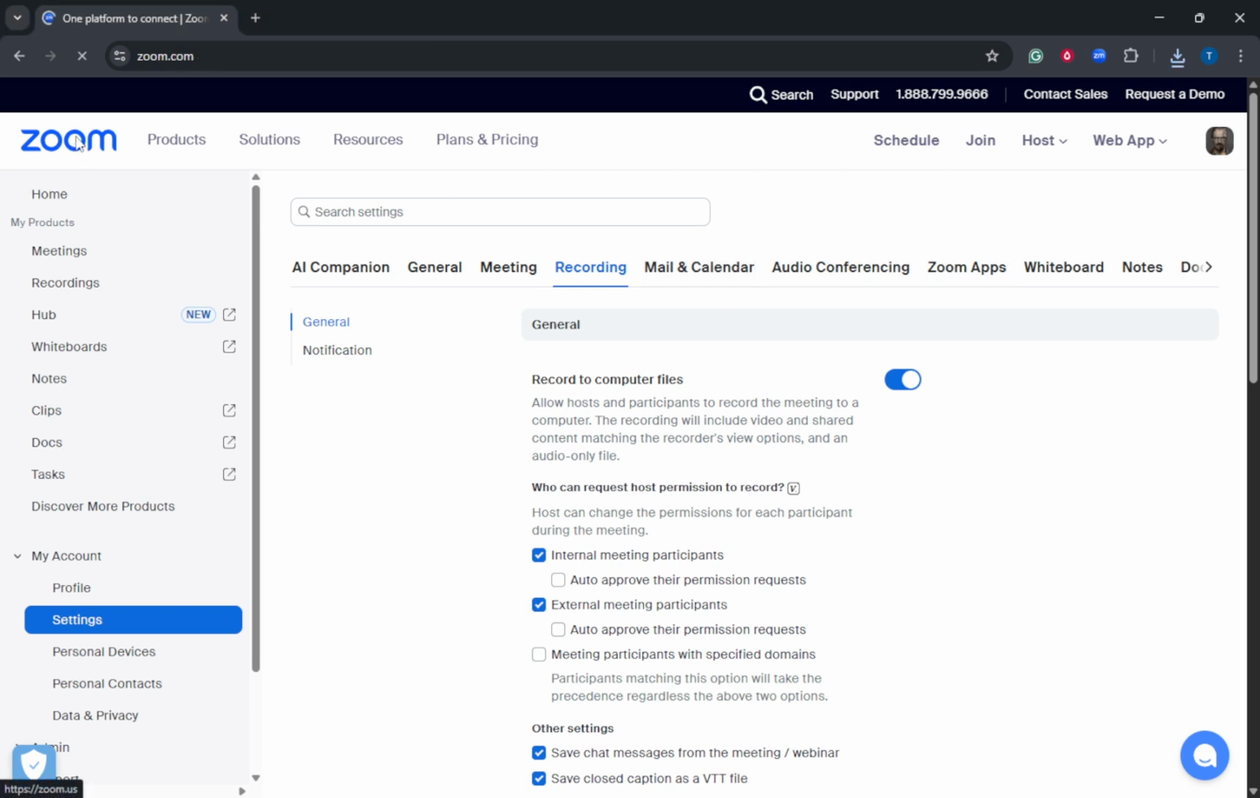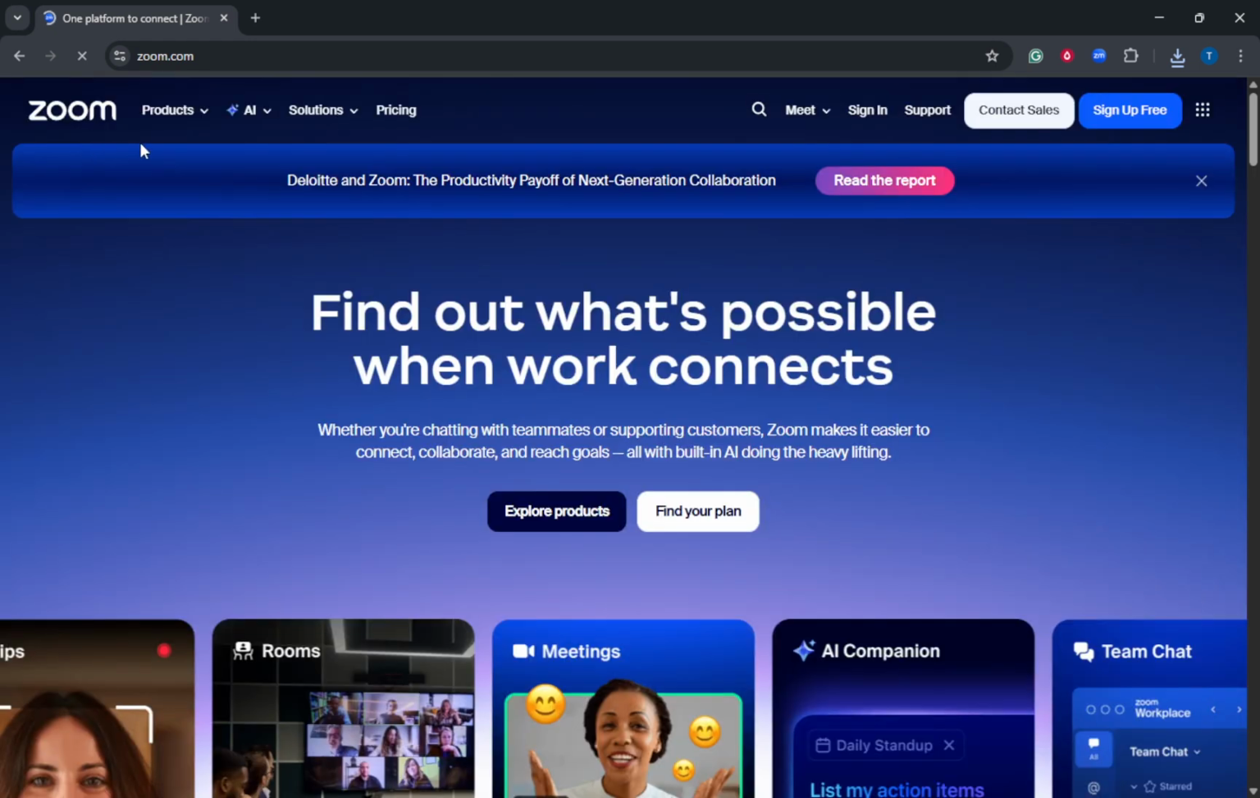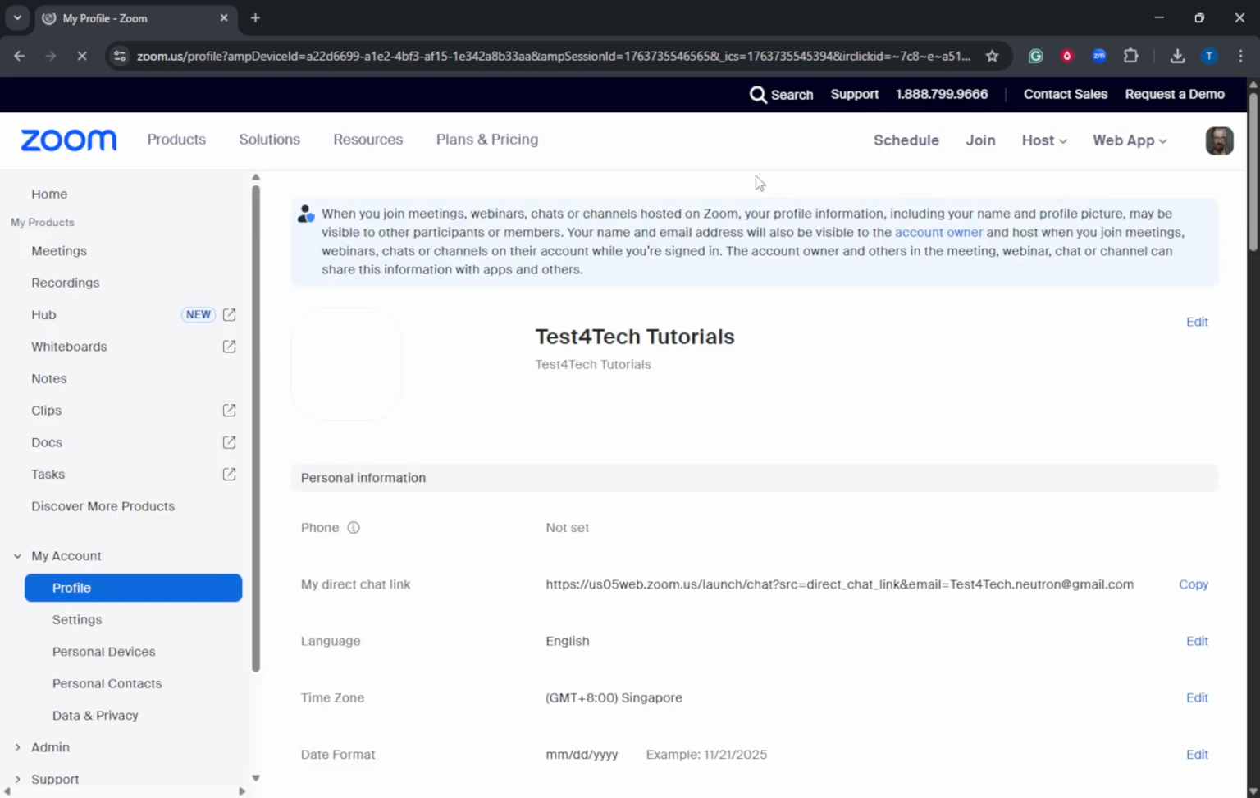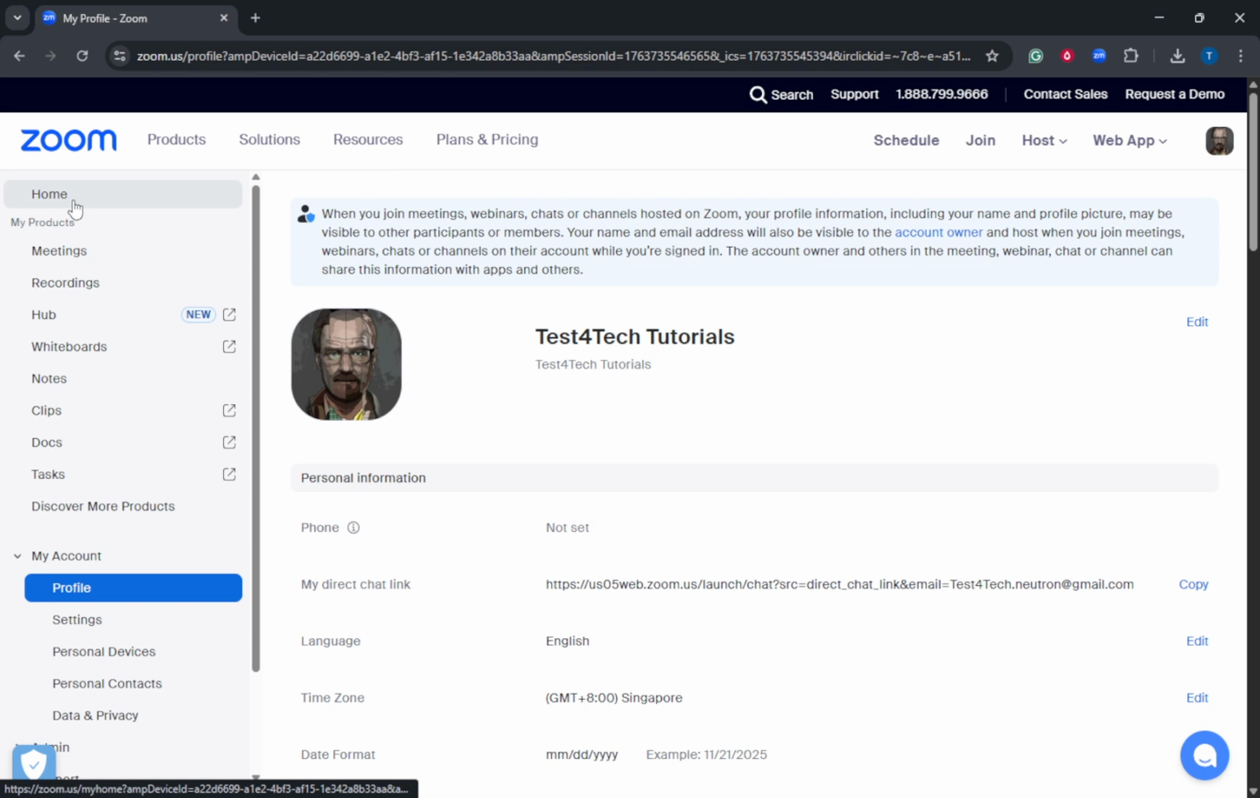Make sure you're using an account that's eligible for cloud recordings. This feature is available to paid, licensed users. If you're on a basic plan, or if you're part of an organization where an admin has restricted recording, you may not see the option. In that case, you'll need to upgrade your plan or ask your admin to enable it at the account or